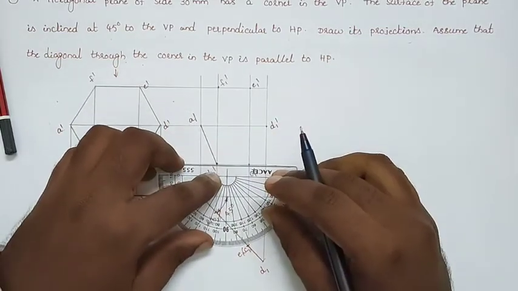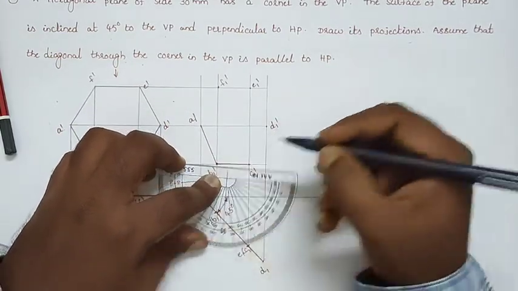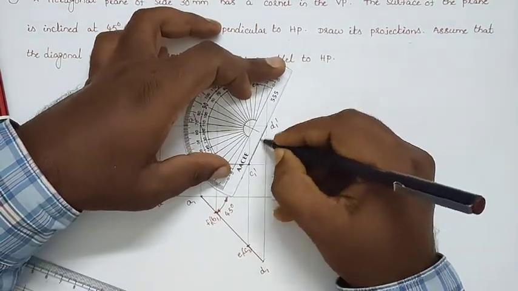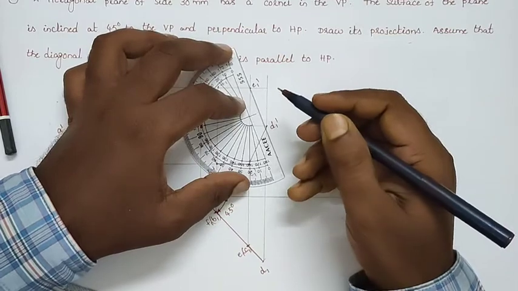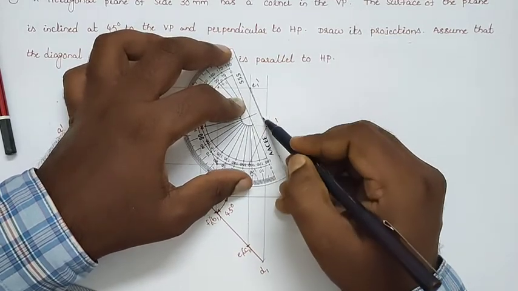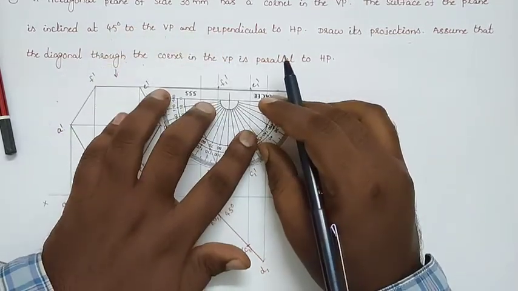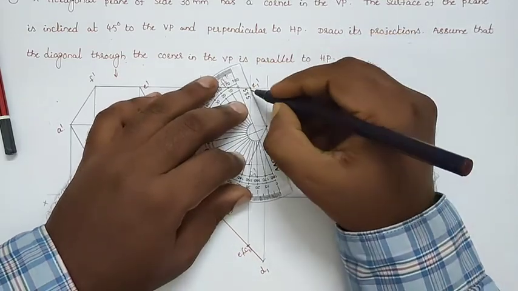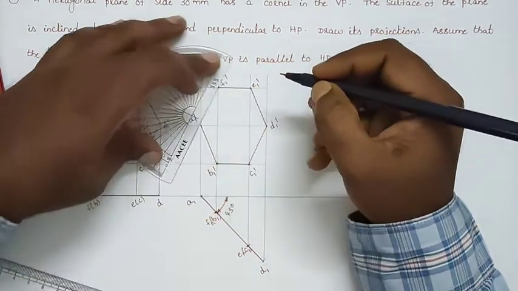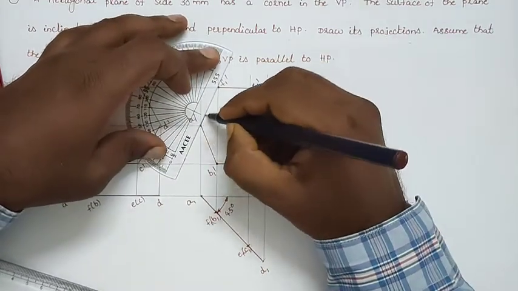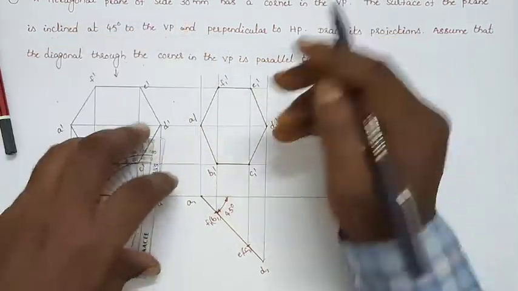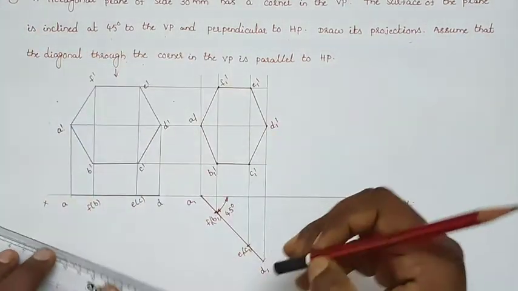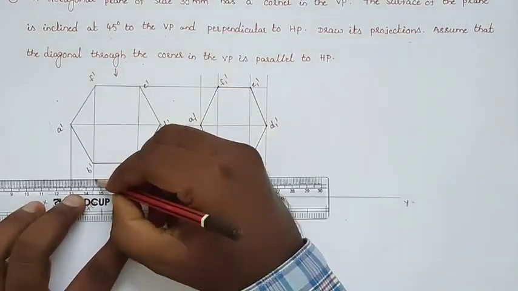Make it thick because it is the final front view and final top view, the required diagrams asked for in our problem. The assumptions, that is the first front view and first top view, make thin. So this is our required diagram. After constructing this diagram, you can mention the dimensions of this problem.